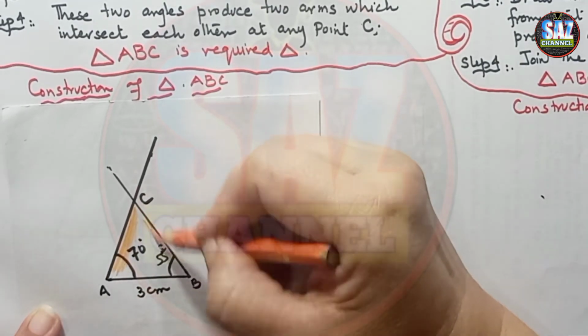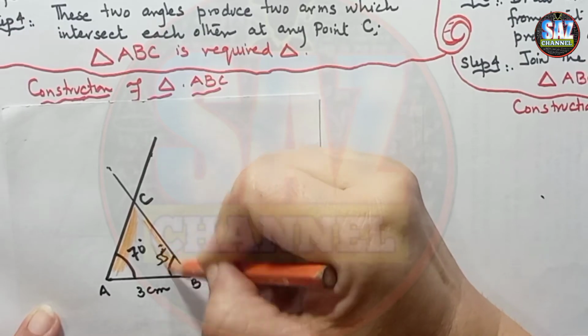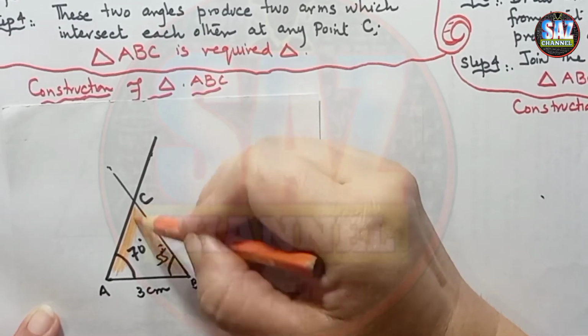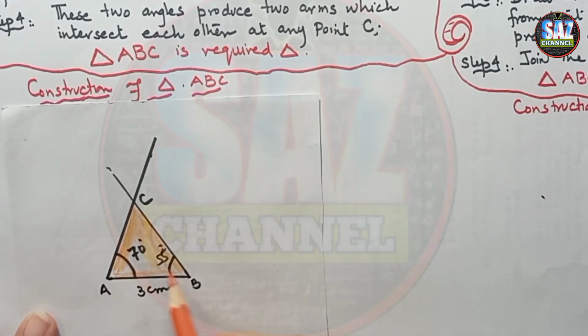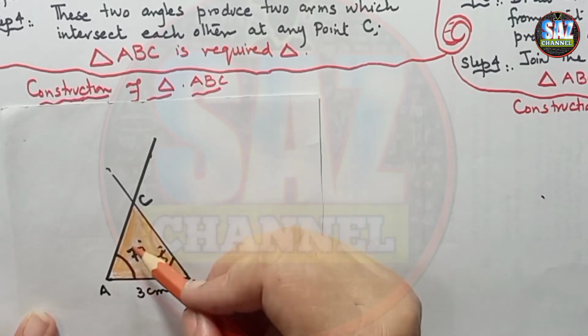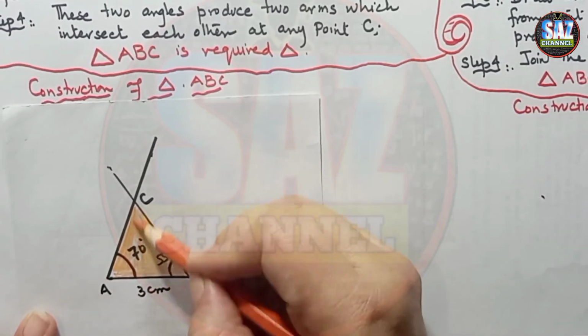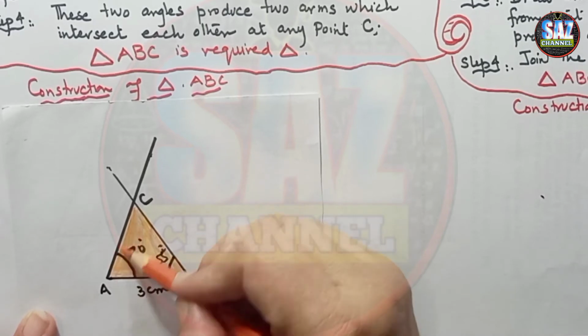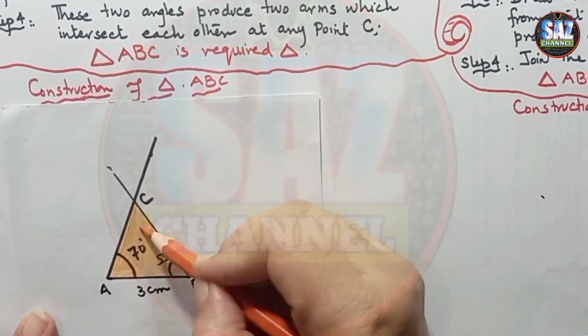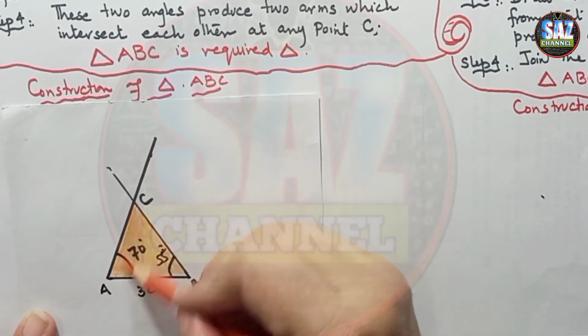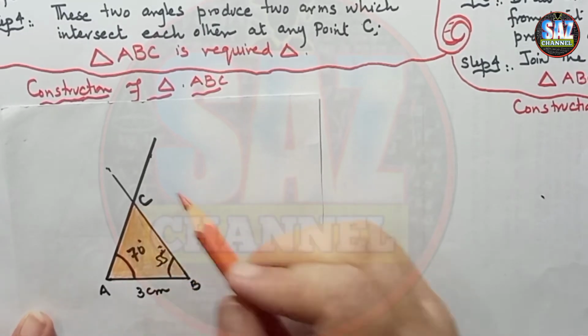Okay, in your actual working, in your exams, especially the O-level students will not be having the time, even the PTB students will not be having the time, and they will not be having the colored pencils. If you want to shade it, you can use your lead pencil for the shading. Okay, I hope you are clear how we are constructing the triangle when two angles and the included side are given.